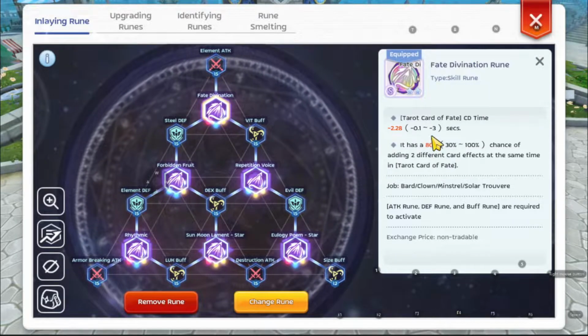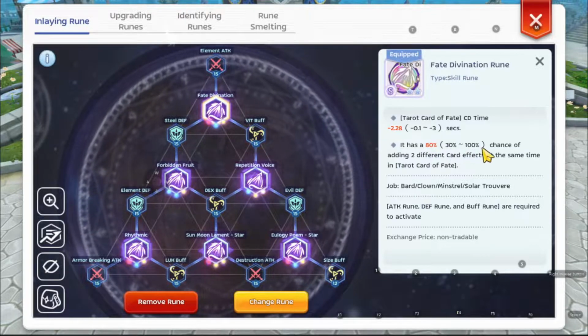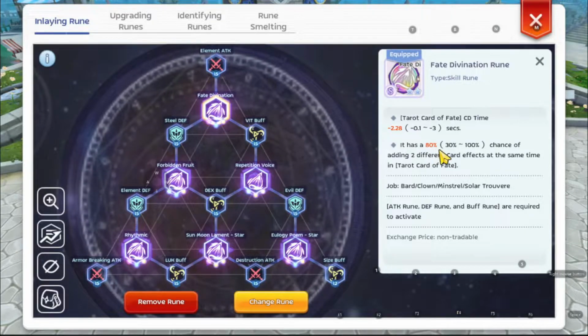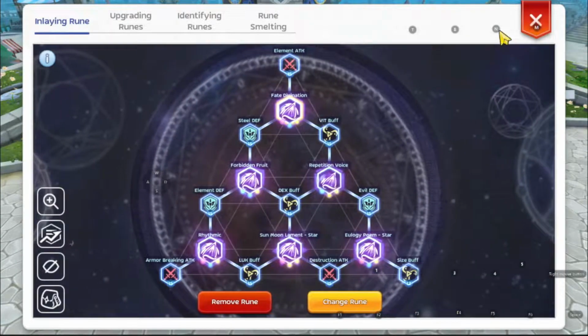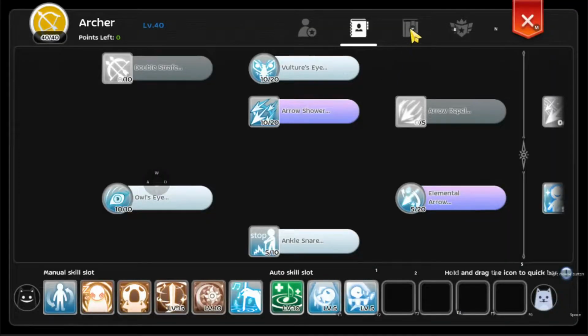This is very important because the higher it is, you can see there's an 80% chance of adding 2 different card effects at the same time to Tarot Card of Fate. So if you're going to check your Tarot Card of Fate, it's actually on your,